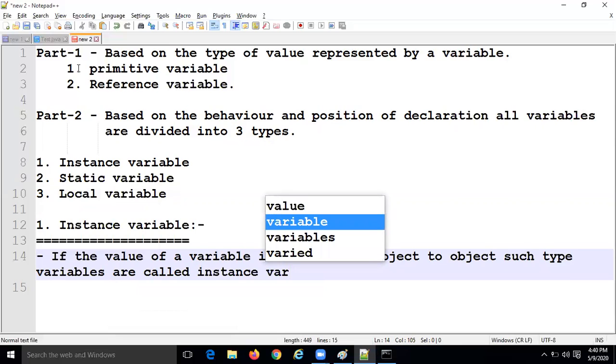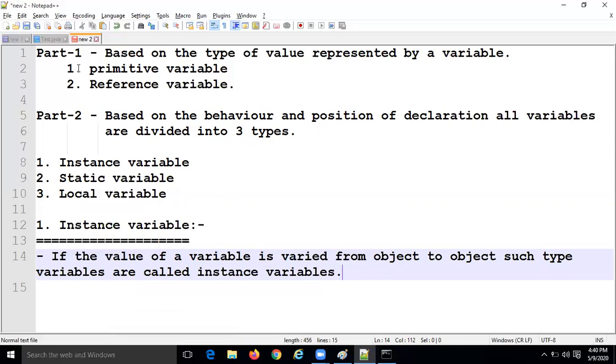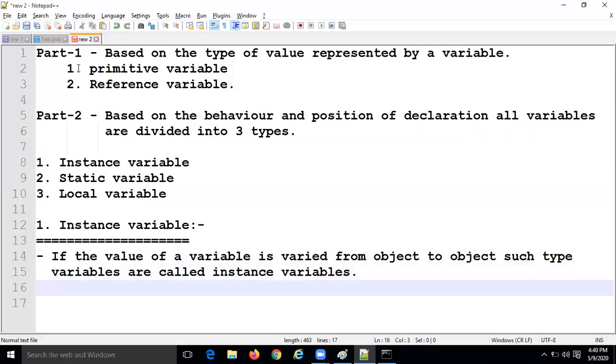If the value of a variable is varied, varied means what? Different from one object to another object, such type of variables are called what? Instance variables. Okay. The second point I'm going to discuss.